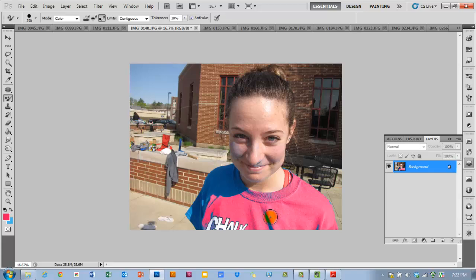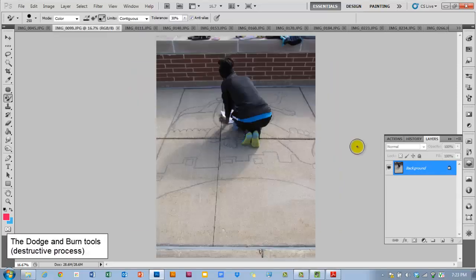If you want more control and you have trouble painting a different color, this helps. Now of course the tolerance will affect that, and then what color you sample will affect that. If you have picked a more medium range blue, it might have affected the light blue and the dark blue. Just experiment with it. Alright, the next tool I'm going to show you how to use is the Dodge and